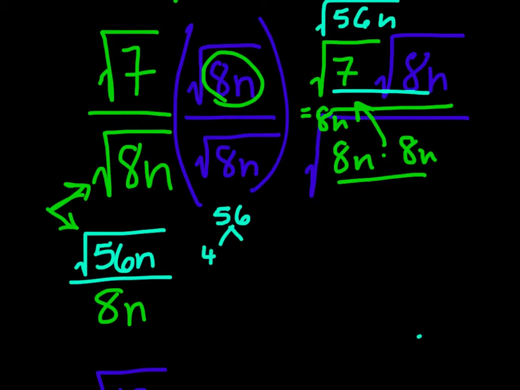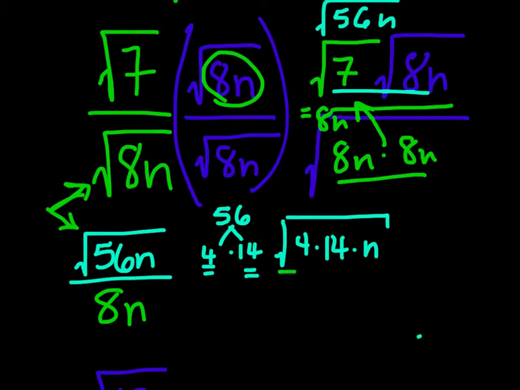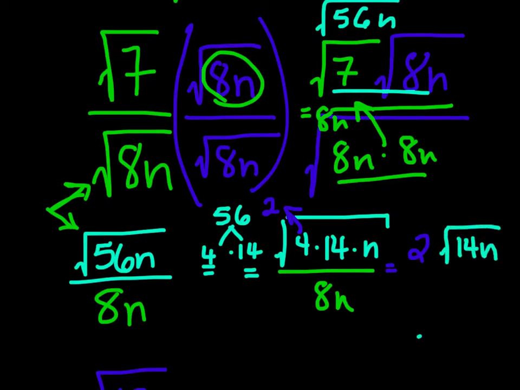There's a 4 inside of 56, and there's a 14. And while 14 isn't a square number, 4 sure is. So we could rewrite this as 4 times 14 times n in our square root symbol, and we have over 8n. So now this 4 will come out. It'll pop right out as a 2, and so we have 2 square root 14n over